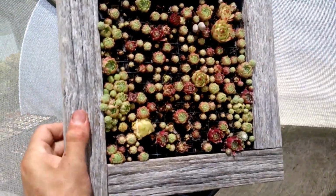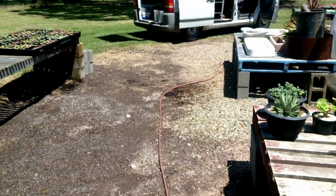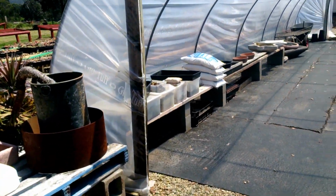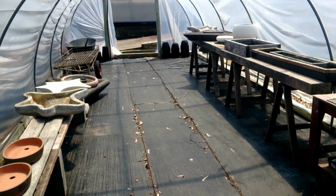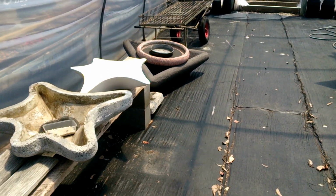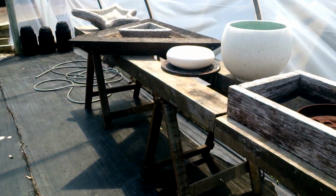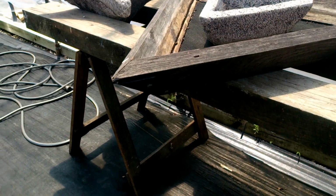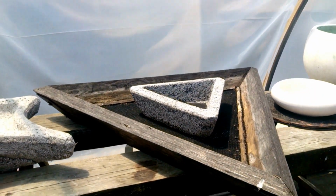And where's Mr. Peacock? Are you still in here? I think he's gone outside. Right, that's all good. This is a little vertical garden. It's supposed to hang on the wall. And so I've just come back from a Sydney trip and busy unpacking. And the studio with the pots are all in here at the moment. I've got a few boxes to complete and some concrete moulds that I've worked on, and some interesting pots and timber boxes that are waiting for gardens to be put in. This interesting triangular pyramid pot which has a nice sort of metal bracket. I don't know if you can see that. It's got bird poo on it. Anyway, and then out here